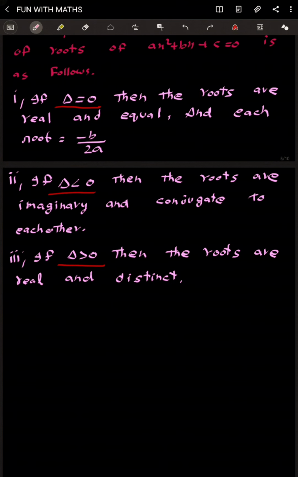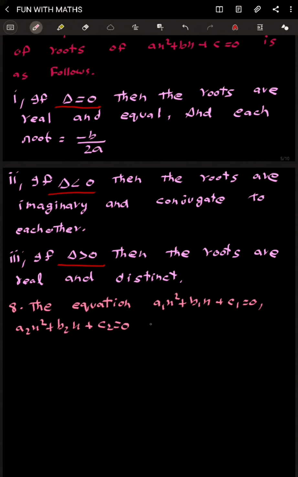So moving on to the next one, common roots. The equation a1x square plus b1x plus c1 equal to 0, a2x square plus b2x plus c2 equal to 0, where a1 b2 minus a2 b1 not equal to 0, have a common root